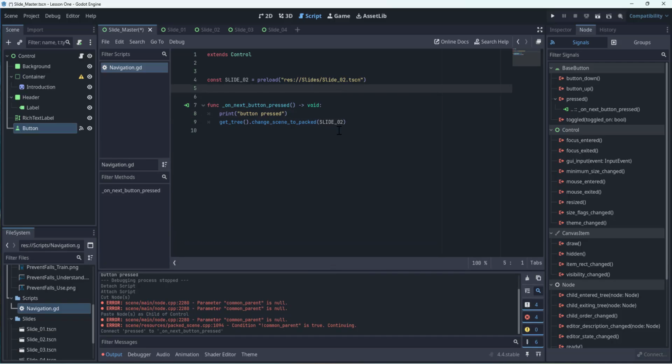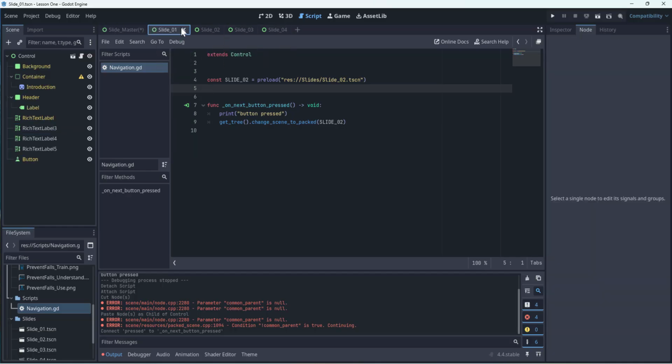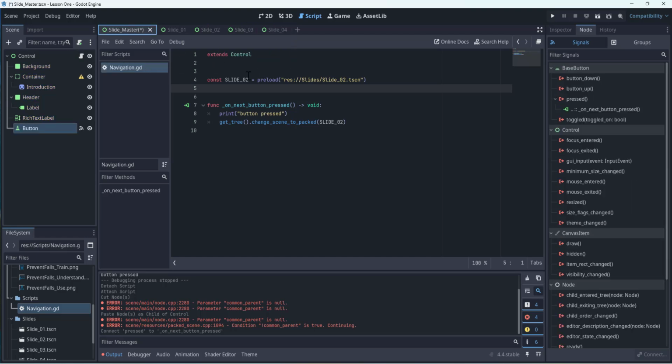All right, so again, how do we deal with this from the slide master? How is it going to detect it's on slide 1, or not detect on slide 1, but how do we know which slide to go to next for each slide? How are we going to do that? So what we can do is there's an